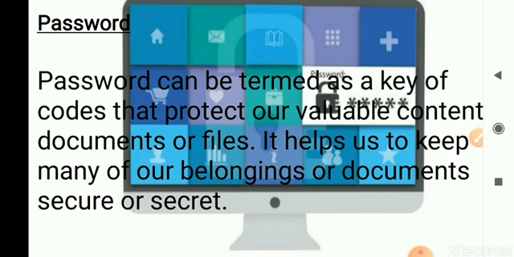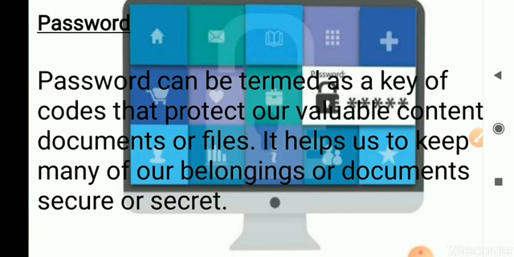Next, password. You are all familiar with this word password. Technically, a password can be termed as a key or code. You generally use a password to open your email and other applications.